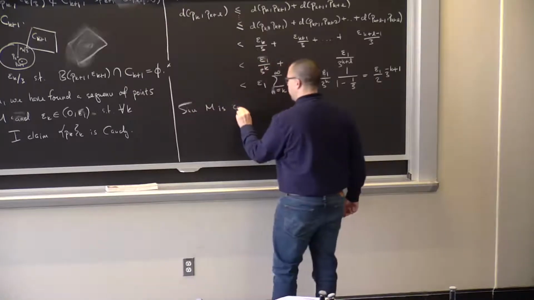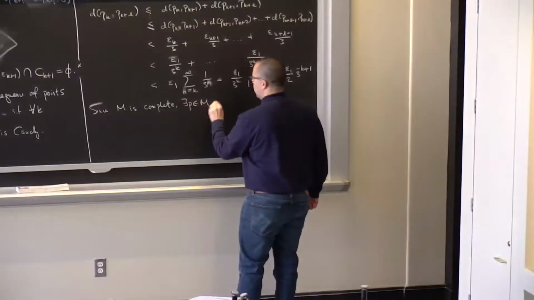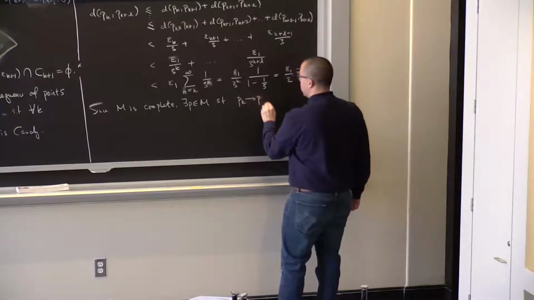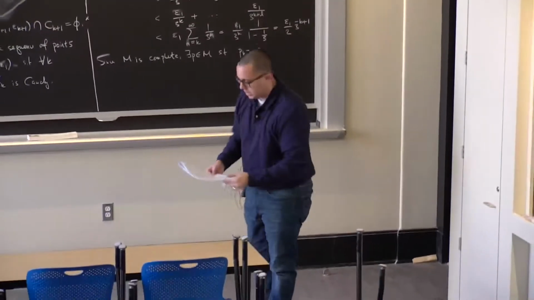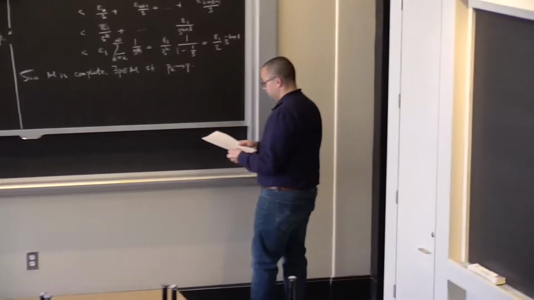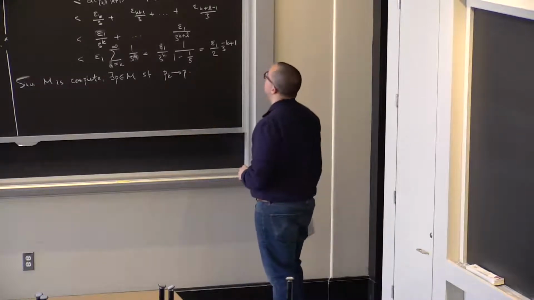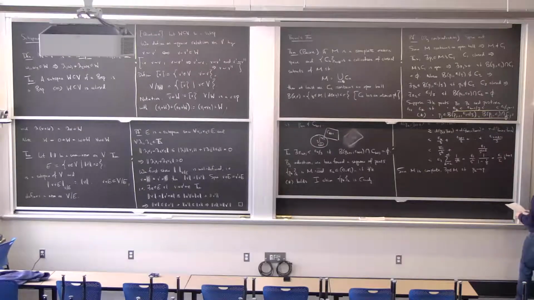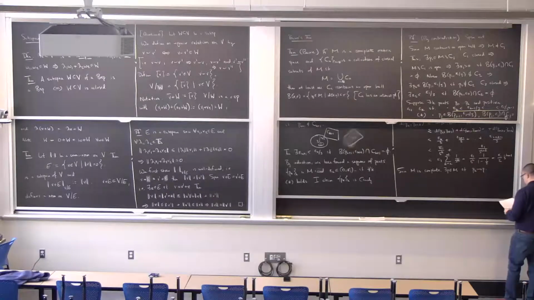So since M is complete, there exists P in M such that these elements p_k converge to P. And now we're going to show this point P does not lie in any of the C_j's. And we'll do it by showing it's essentially in all of these balls, B(p_j, epsilon_j). Okay? All right, and it's kind of a similar computation to what we just did.